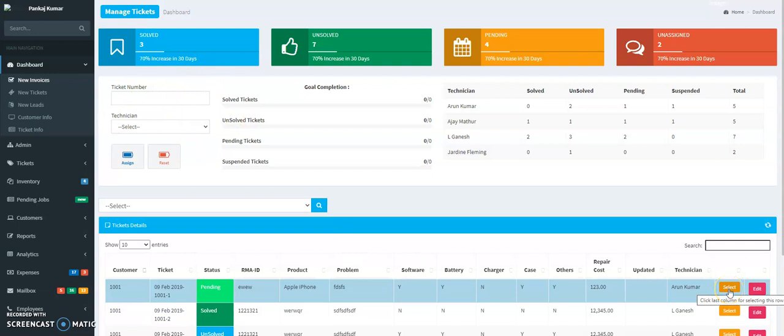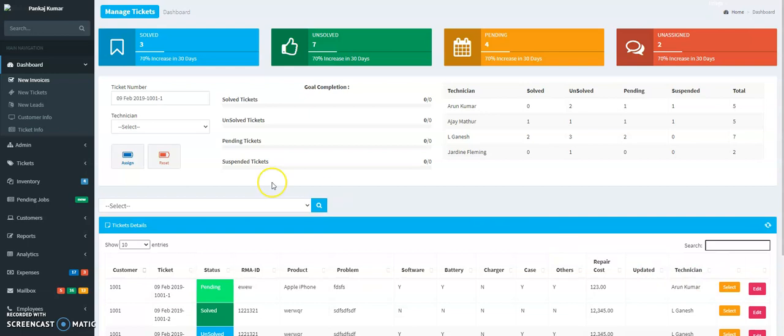We select a ticket from the bottom of the screen, and then we assign the technician to the ticket number.